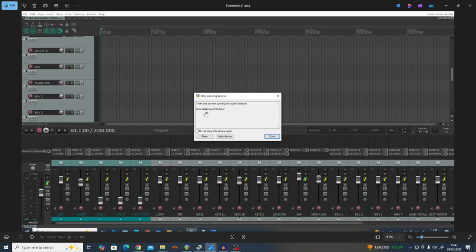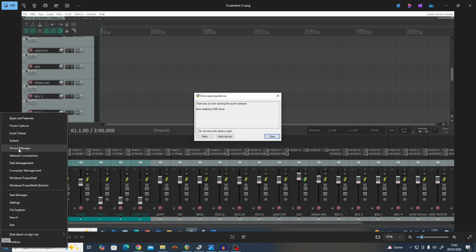Now, if your X-USB card keeps disconnecting randomly from your multitrack PC or the PC you use to live stream, I'm about to walk you through how to fix this. Alright, so the DAW I use is Reaper, and randomly I'd get this message during my multi-track recording that there's an error initializing ASIO drivers and the multi-track recording would break. So guess what fixed it for me?